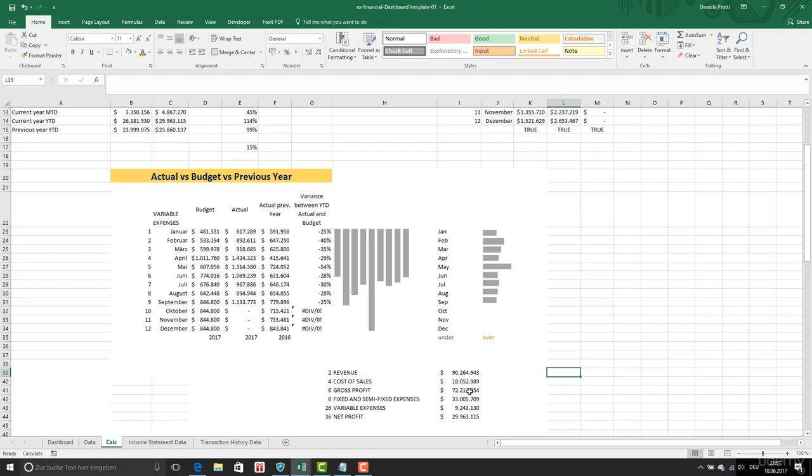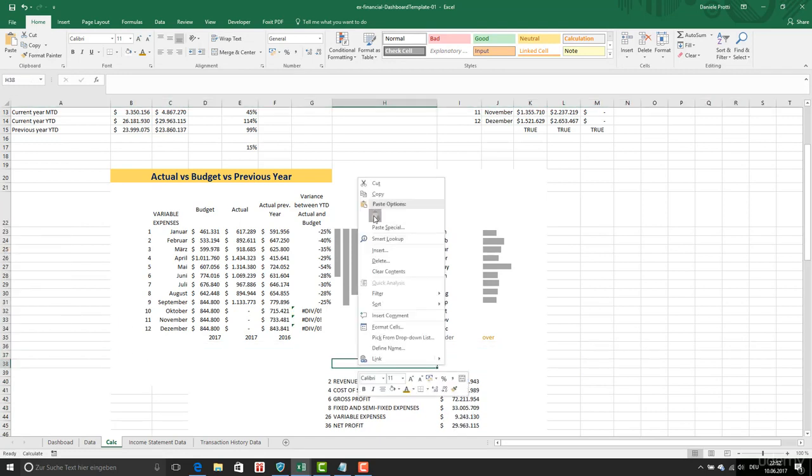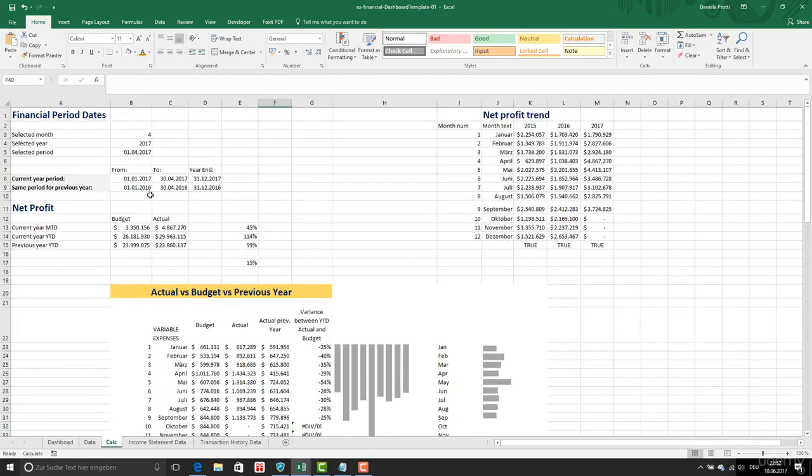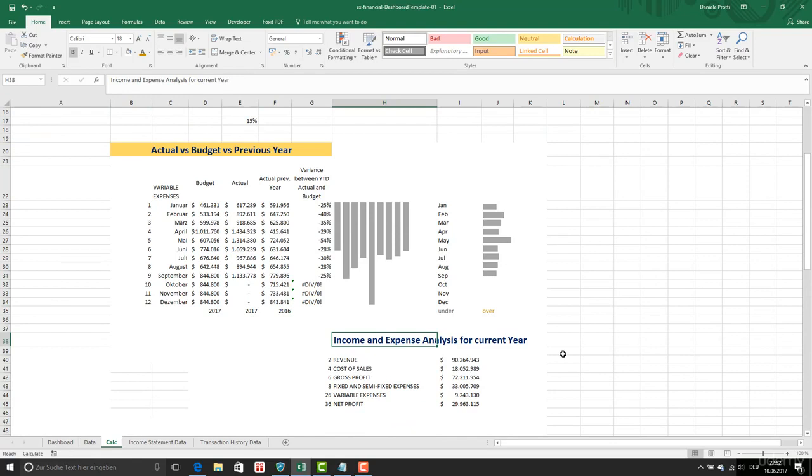Now that we have these values, we need to do another thing. So first of all, this is called, let's have another row here. I'm gonna paste this. This is income and expenses analysis for current year. Then we need some values here. These are the totals, and then here we're going to,